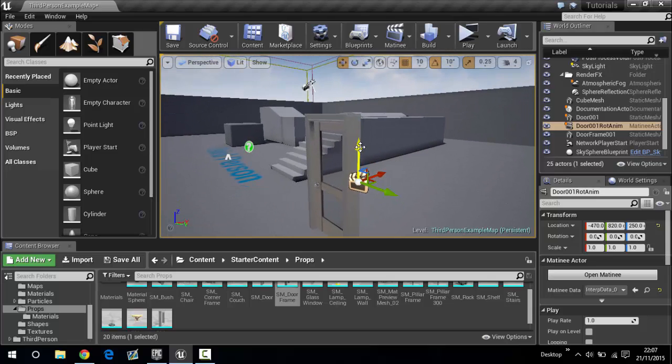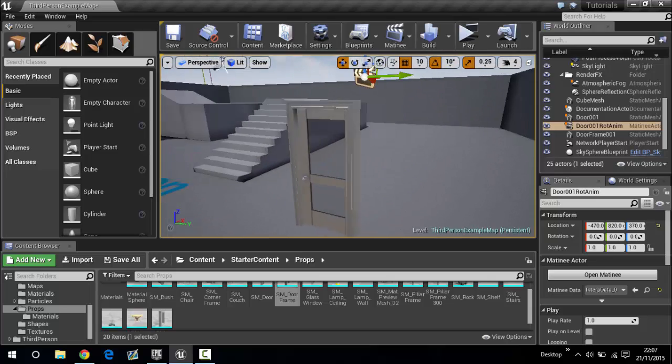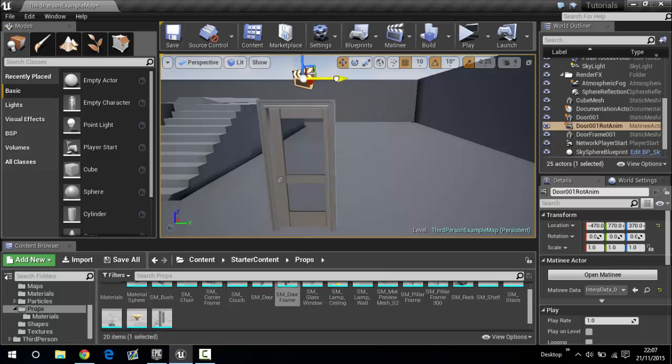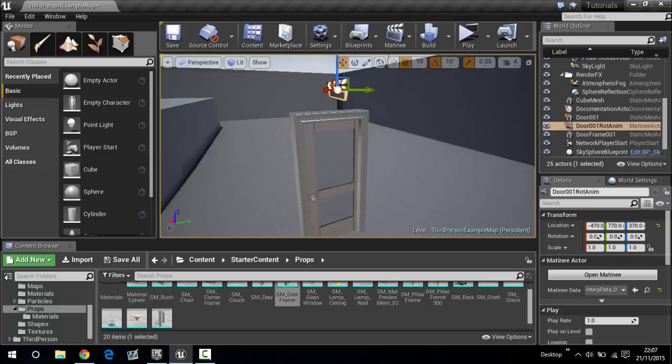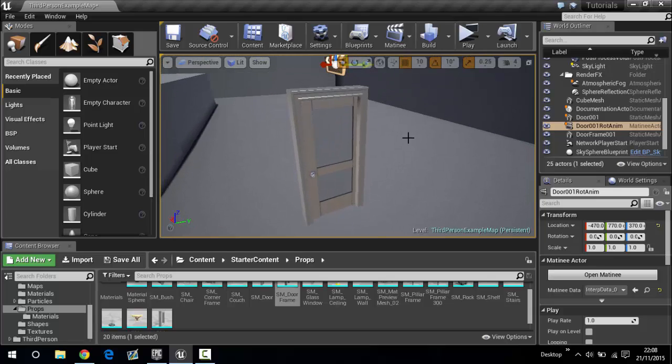So let's just put this on top of this door, so that we know that this animation is basically for this door. That rhymes. But now what we are going to do is,